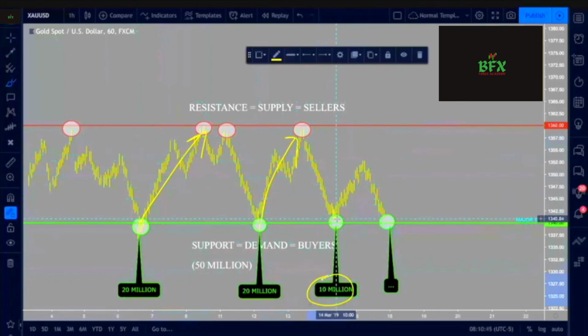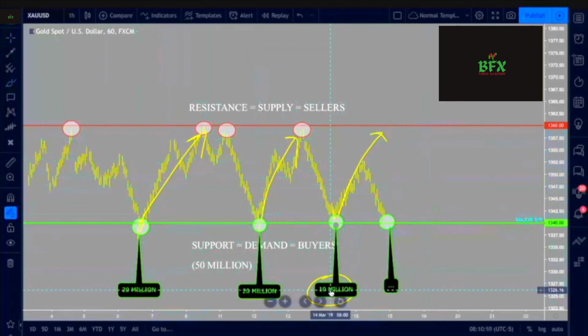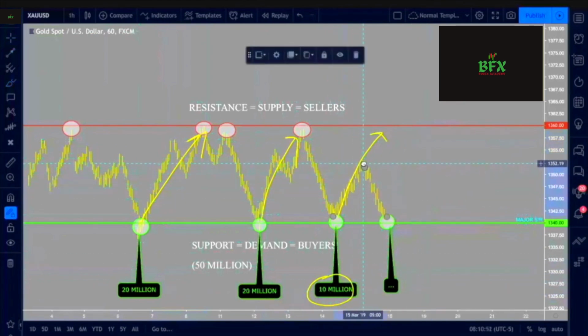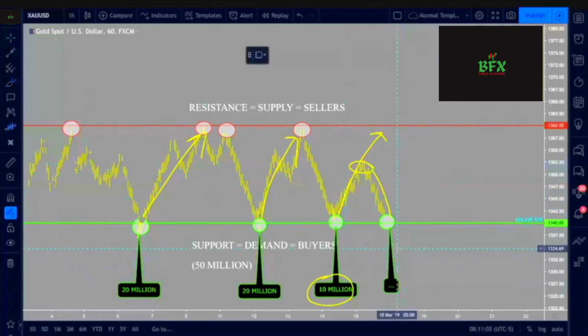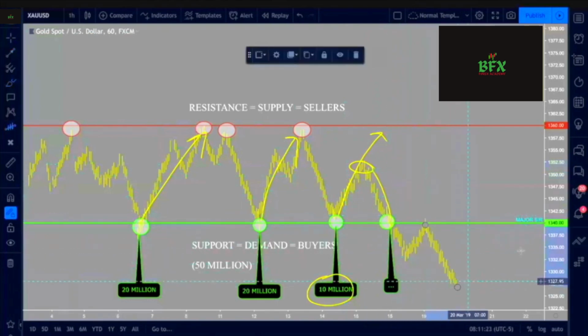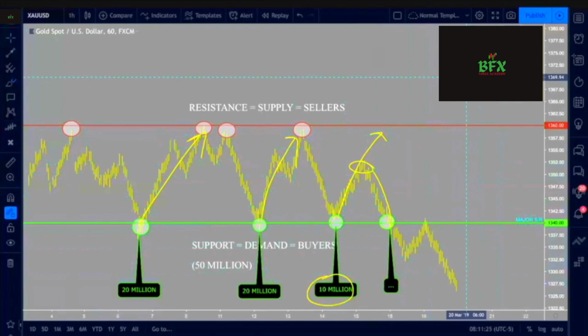So the question is, did price make it all the way back up to the supply zone? No. It was half the order, and so it went half the distance right here. So instead, in this case, price stops halfway in between, comes back down looking for more demand, more buyers, more orders to fill to push it up. And if there aren't any more orders, which in this case we have no more orders left to fill, what happens? The level fizzles out like it never even existed, and price will break it, retest, and continue on in the other direction. So I hope at this point